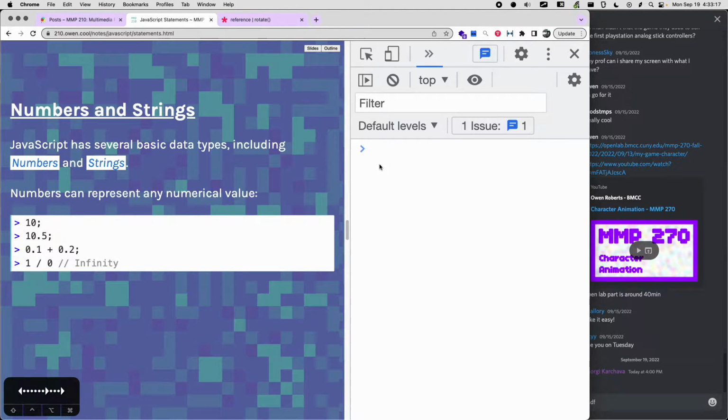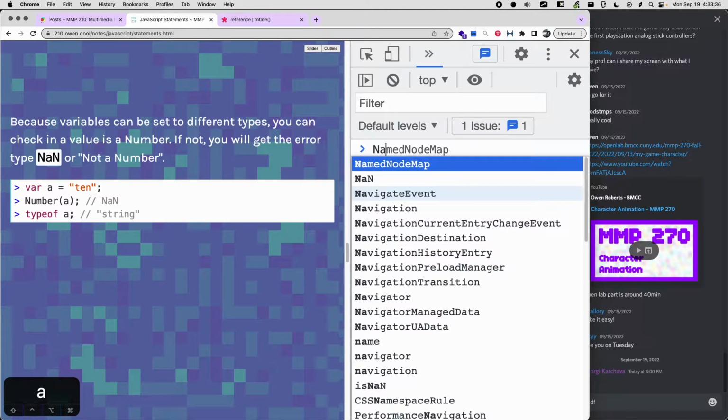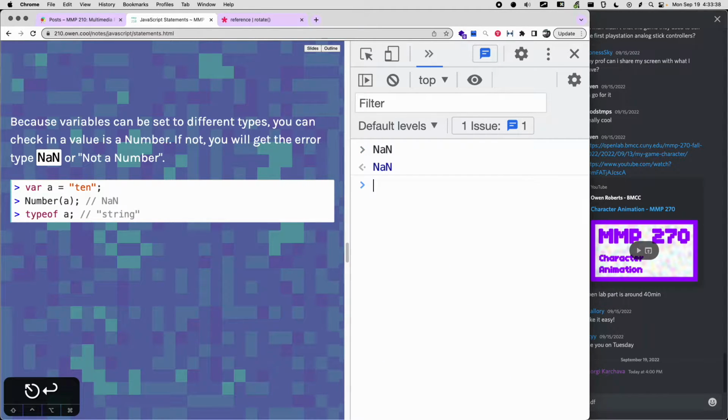So we've already talked about data types, so I'll go through this really quickly, but we have some basic data types, numbers and strings. We have numbers, which are like numbers. We have strings, which are like strings of letters. We have something called not a number, which is something you'll see on Wednesday when we do our